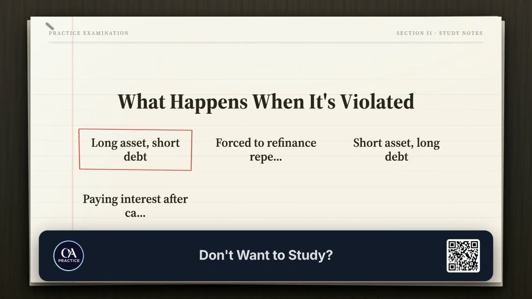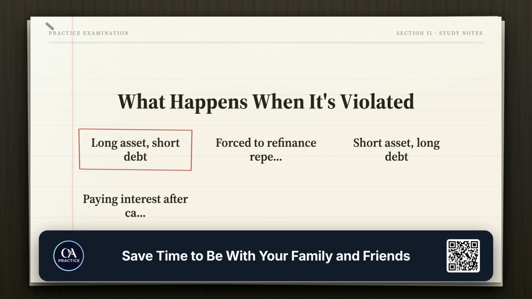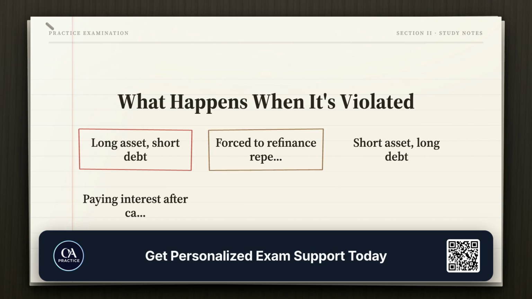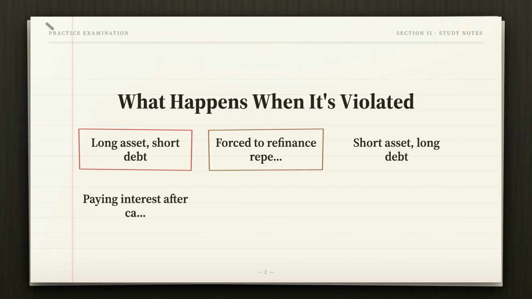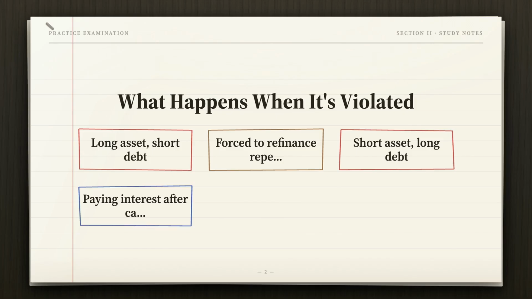Violate the principle in either direction and problems follow. Fund a long-lived asset with short-term debt, and the company must refinance again and again, risking non-renewal or repricing each time. Fund a short-lived seasonal asset with long-term debt, and the company keeps paying interest long after the asset and